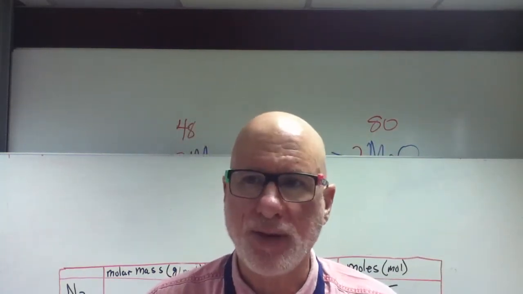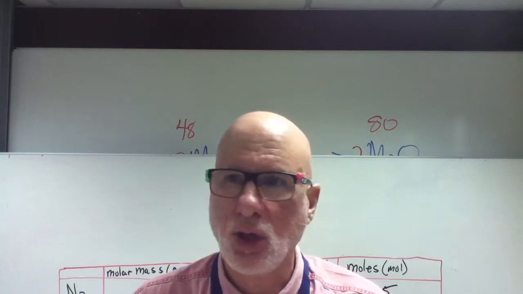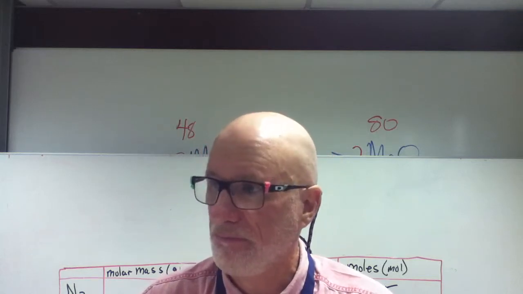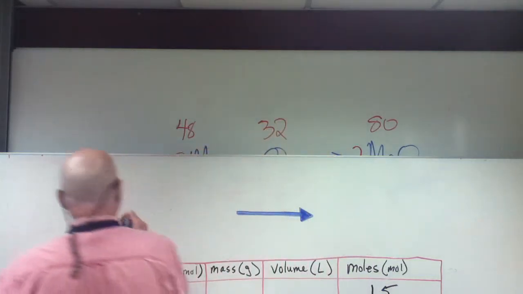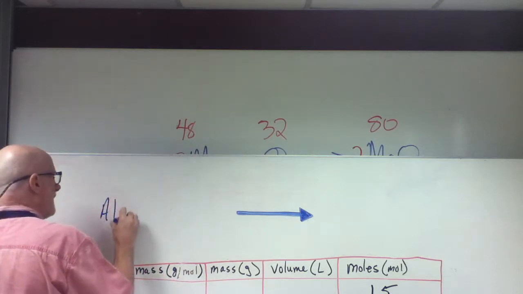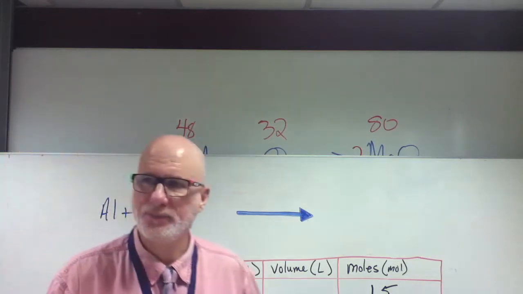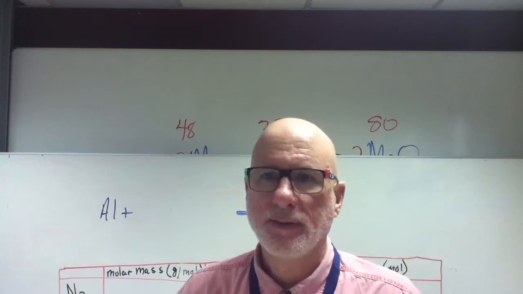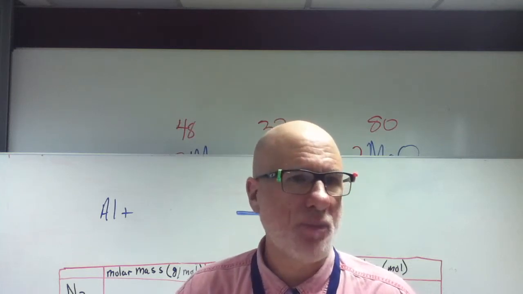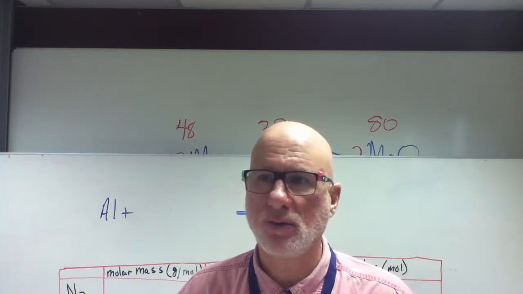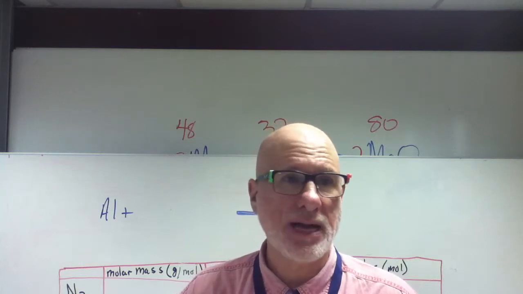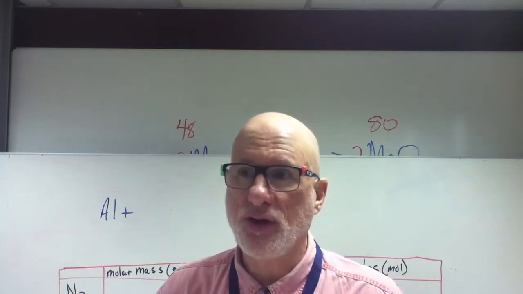So what would be the reactants? Aluminum. How would you write aluminum? Al. And how would you write sulfuric acid? Sulfuric acid, no prefix, so it's not a binary acid. Sulfuric comes from